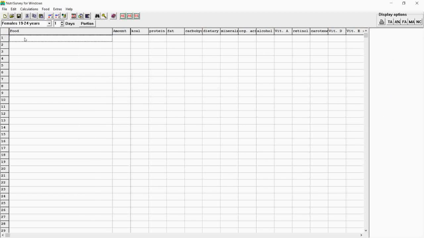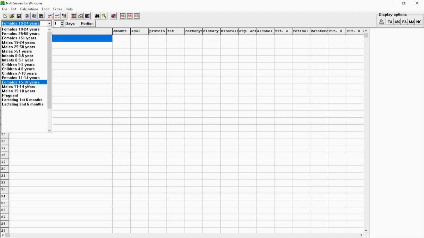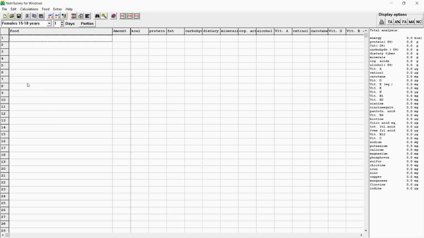Okay, now we would like to continue with an exercise on how to convert food into nutrient intake. First, you need to prepare the results of your dietary data that you would like to enter in NutriSurvey. For example, our respondent is an adolescent girl who is age 15 to 18 years old. The dietary data is coming from the first day, so we type 1 in here.